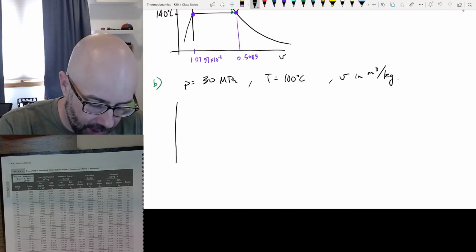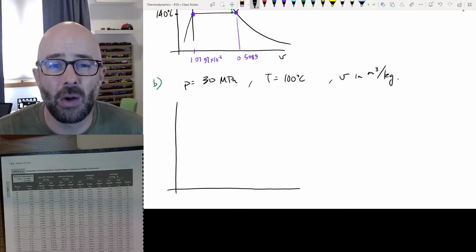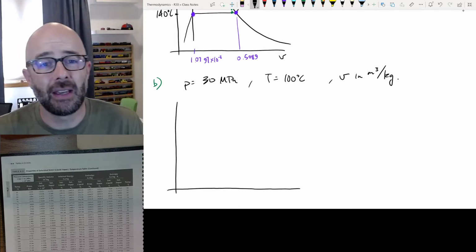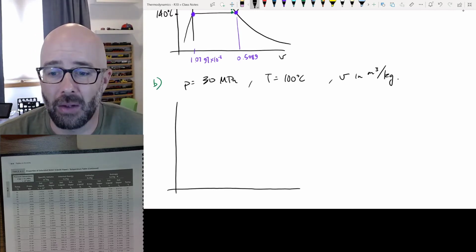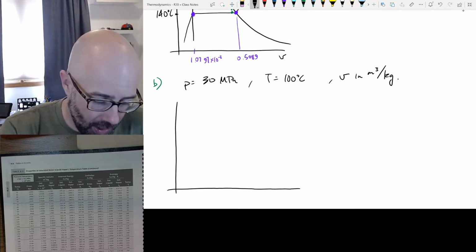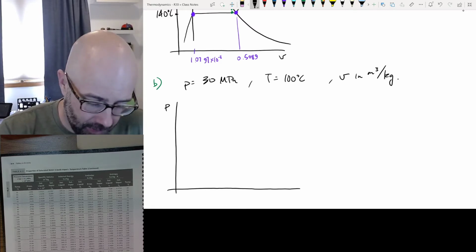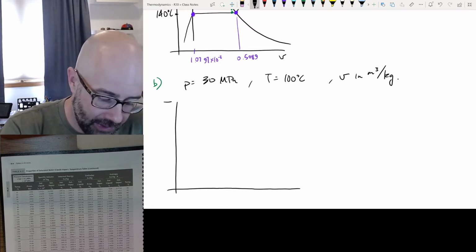We could draw ourselves either one, the PV or TV diagram. I'm going to draw the TV. I would ask you to maybe draw the PV and see if you get the same thing when you're working on this. So if we do a TV diagram,